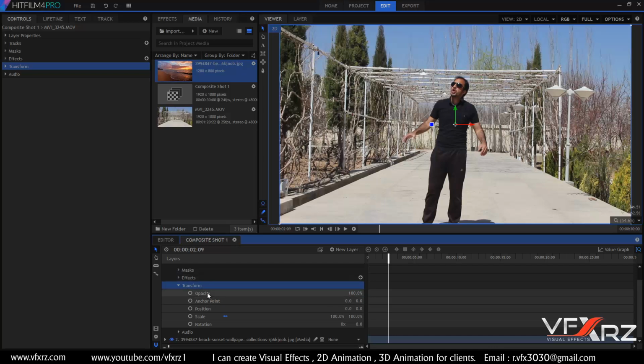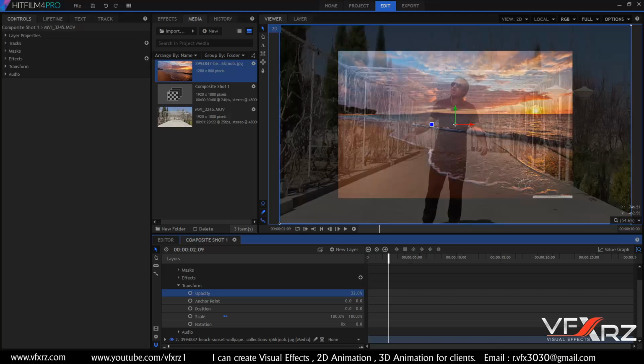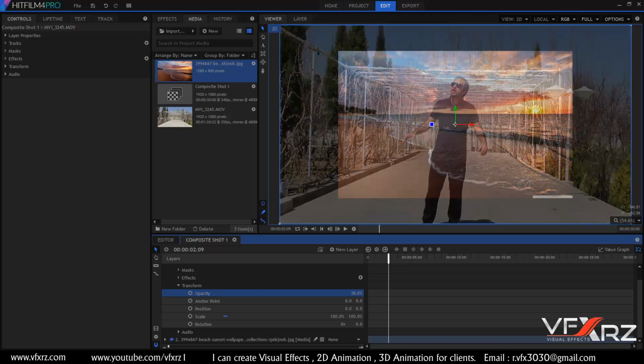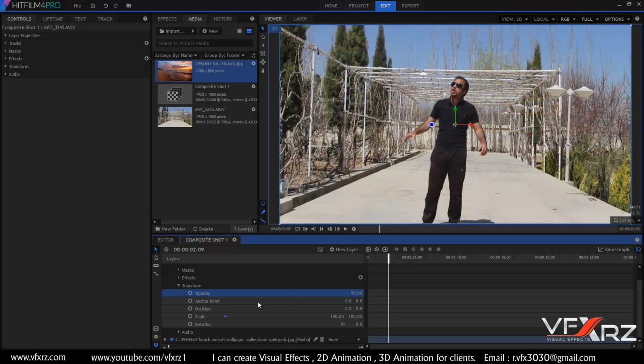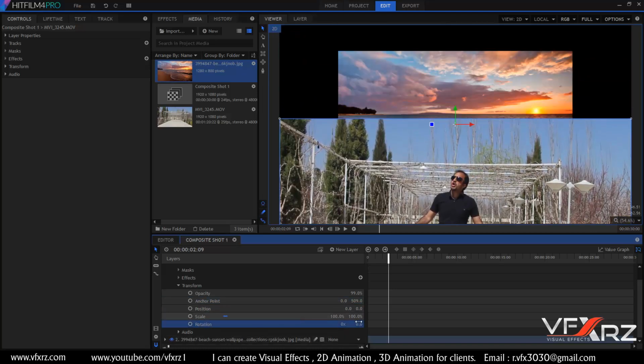Okay, first is opacity. Opacity maximum is 100 and minimum is 0. If you click and drag your mouse left and right, as you can see, you can change this number. Okay, next is anchor point. If you change this anchor point, for example, to here, and with rotation, change